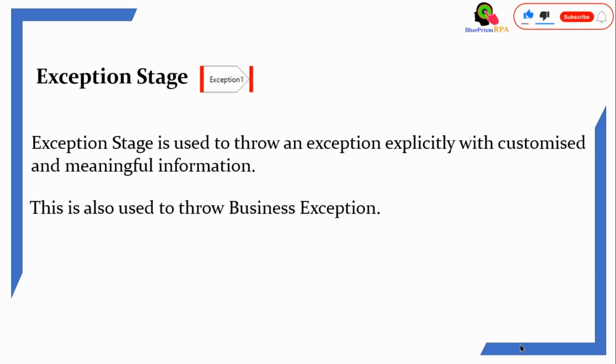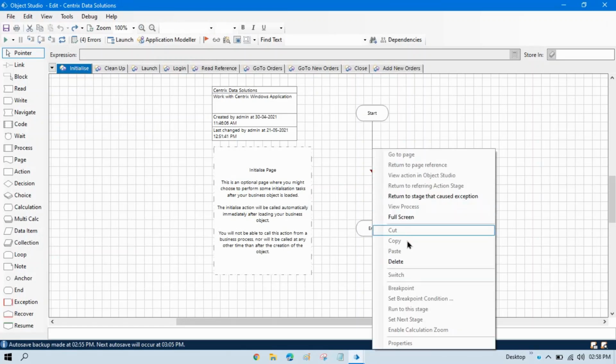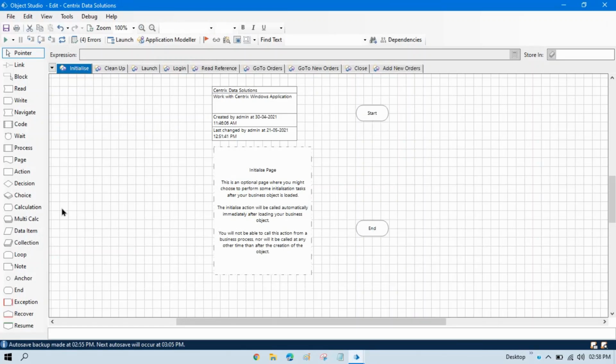The exception stage is also used to throw a business exception. You can use this anywhere in your Object Studio and Process Studio. Let me show you practically how to do this. We are on the initialize page. Let me delete this, and just to explain this example, like how to throw a business exception and how to throw any exception explicitly with